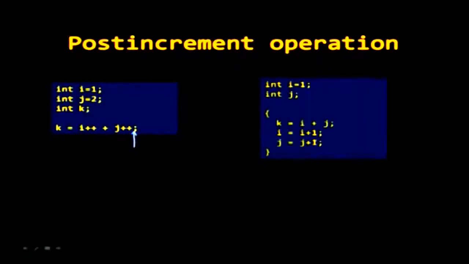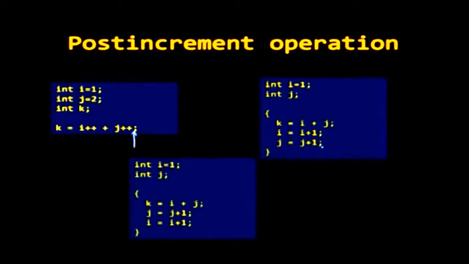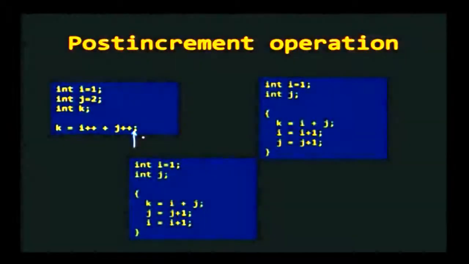So, you can say that by the time you see the semicolon operation, I will do i = i + 1 and j = j + 1. Now, if you think a minute, you could also update j first and then i. So, I know that by the time you see the semicolon, the pending update should happen, but in what order should it happen? Is it i = i + 1 first and j = j + 1 next, or is it the other way around?